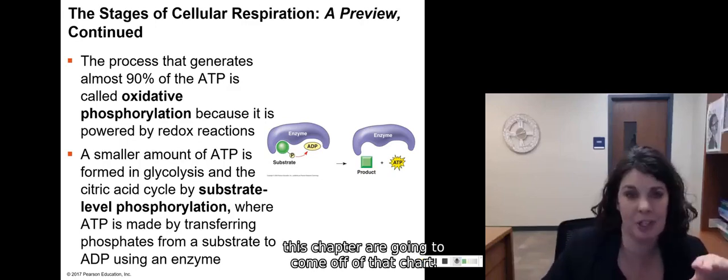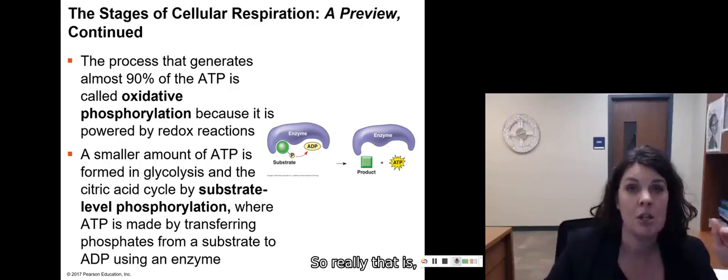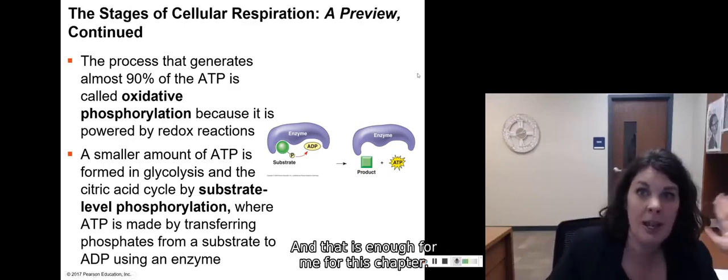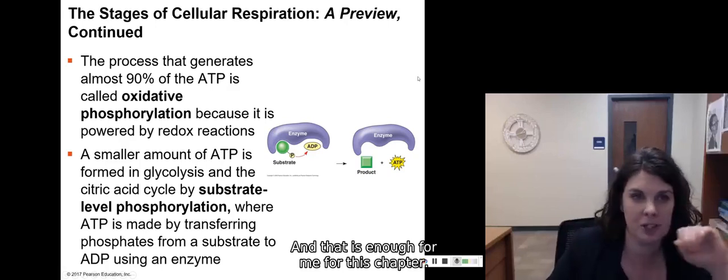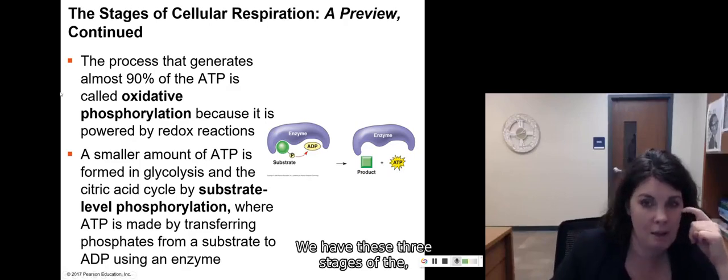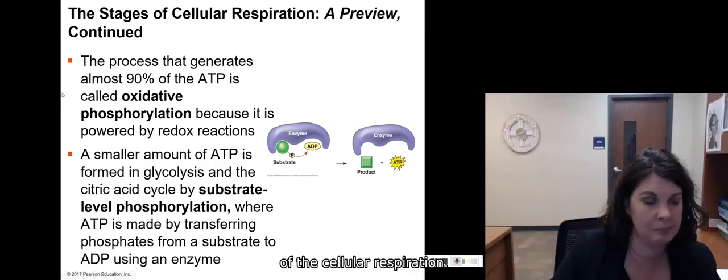Most of the questions for this quiz and exam for this chapter are going to come off of that chart. So really I just want you to be able to complete that chart from memory, and that is enough for me for this chapter. Okay, so we have these three stages of the